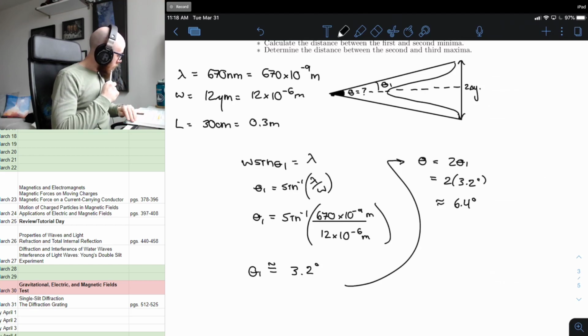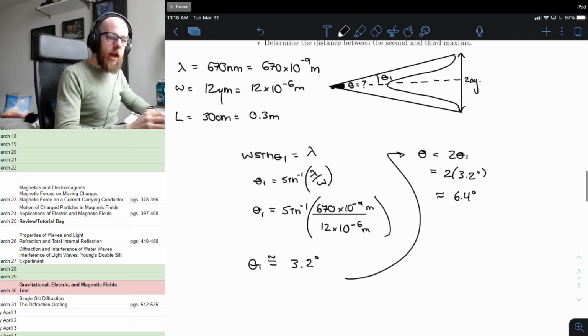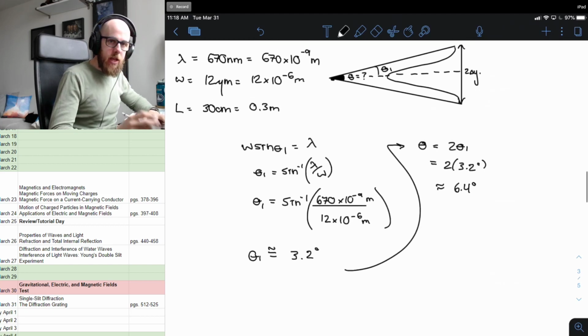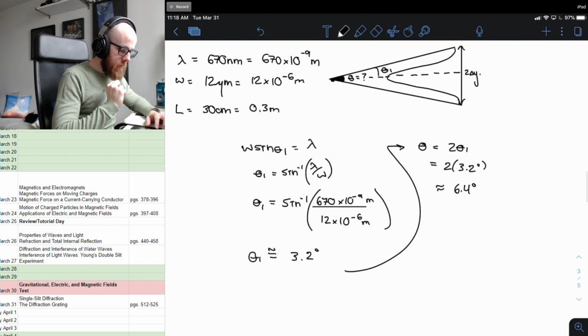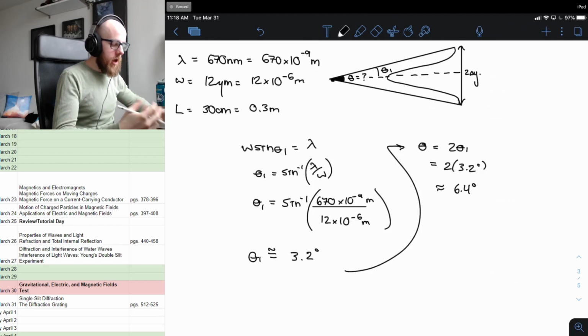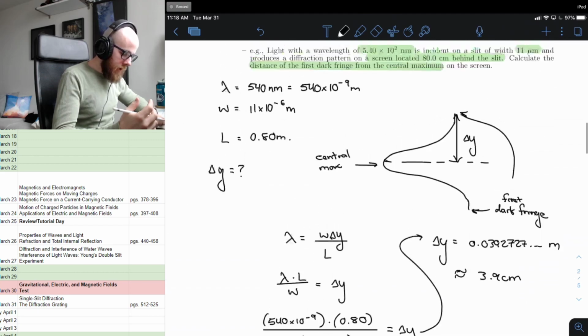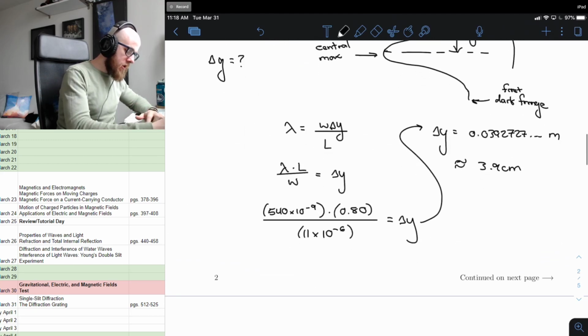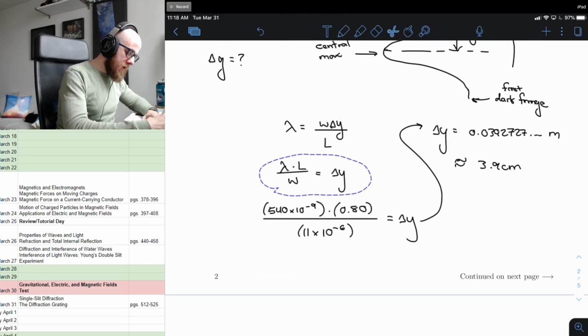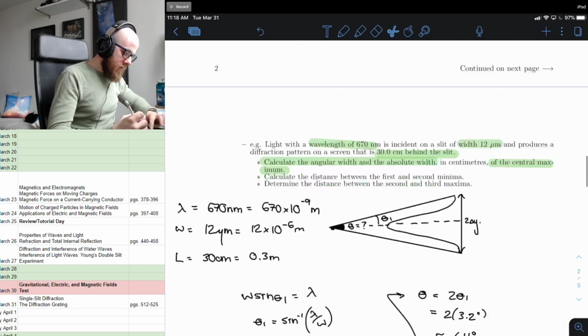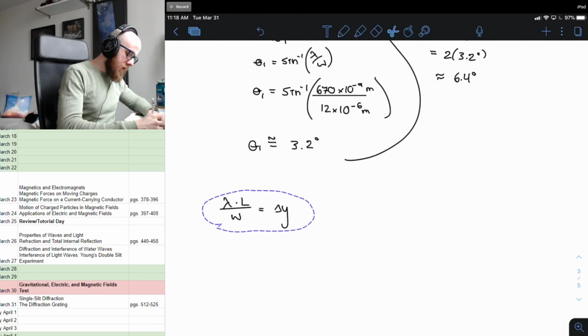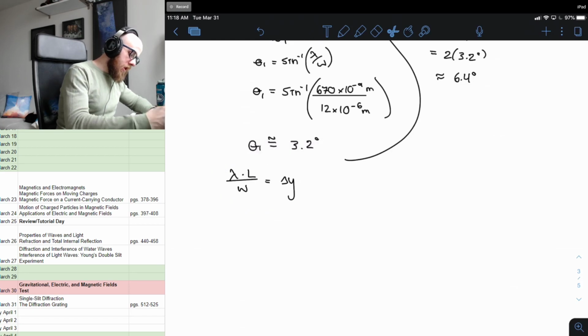Okay, and yeah, that's that. All right. So I found the angular width of the central maximum. Now I can find the absolute width of the central maximum. Okay. So for that, I need to figure out what delta y is, and then once I have delta y, I just double it. Okay. So going back to my delta y formula, I'll actually just steal it from the previous question. All right. So delta y is equal to